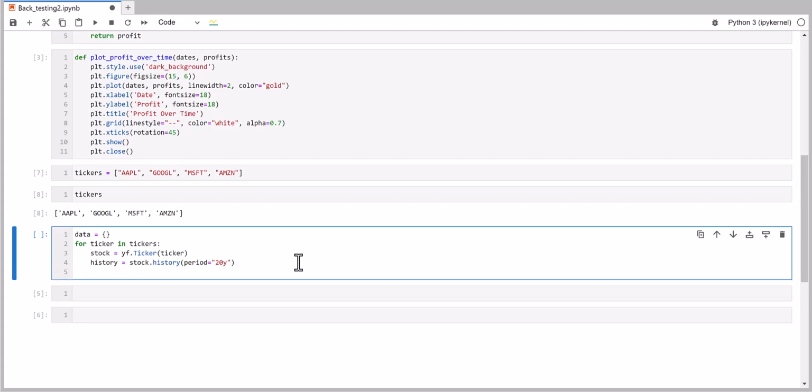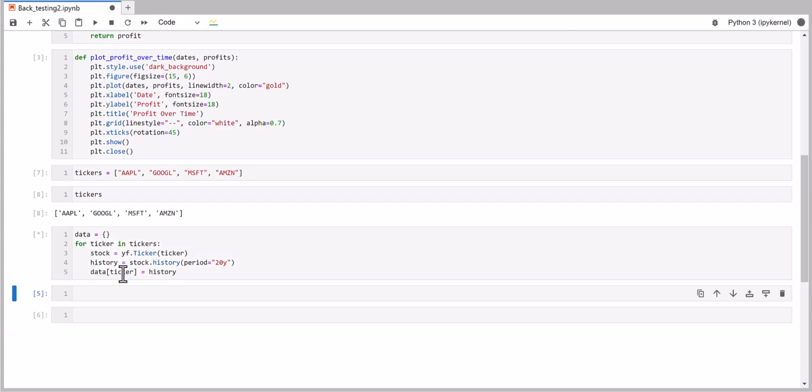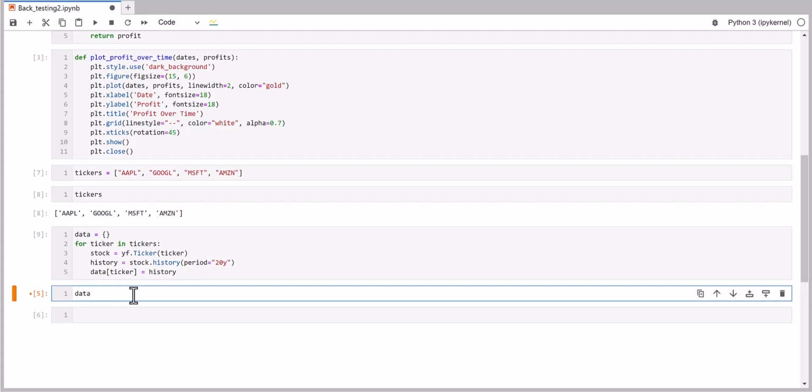So then we're gonna say data. Data, hopefully you remember, we have declared data over here. Data, and we're gonna say ticker, equal to history. So now we run this. Now we basically gonna check what's inside our data. So I'm gonna only put 10 of them,